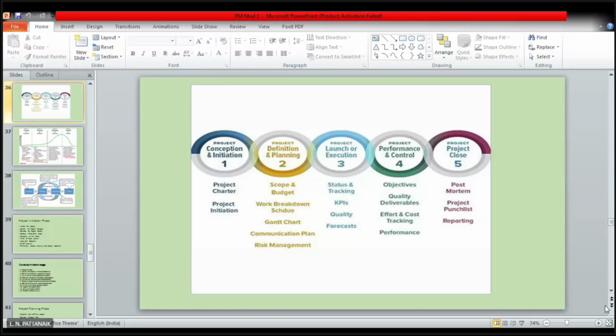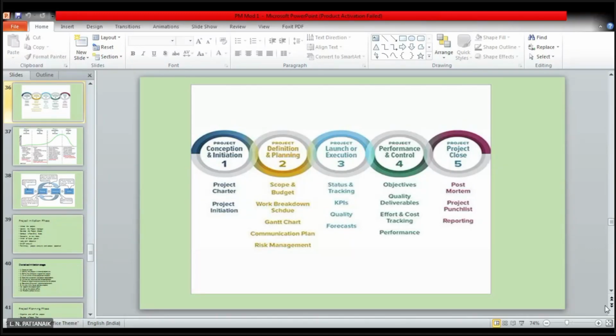Similarly, you have to understand the scope of the project. We already know what exactly the scope is, so that also you have to prepare in this planning stage. And the DPR, or detailed project report, you can prepare in this project planning stage so that it will be useful. Then there are other things like risk management, Gantt chart, and work breakdown structure. These are all related to the detailed planning. Right? Then comes the execution stage. In the previous discussion, I told you there are 4 stages. So that is execution.